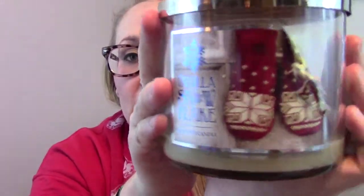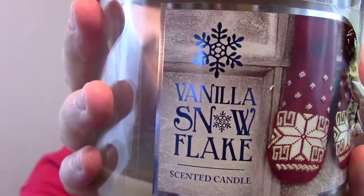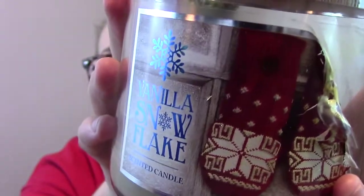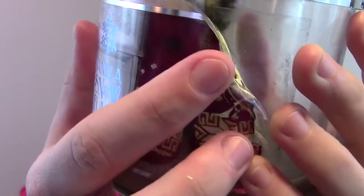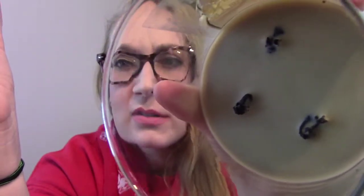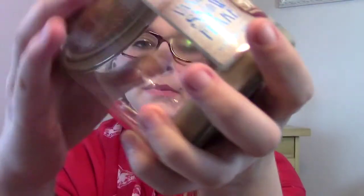Alright, so the packaging on this one I think is cute, but I don't think it's the cutest thing in the world. I gave the packaging a 6 out of 10. I think it's cute, but it's not, you know, just absolutely adorable. So if we look here, it has the name Vanilla Snowflake. If we turn, we've got little red mittens, and it looks like they're hanging on a window or a door. My corner did turn on my label, so you can't really see that little part, but it's just 2 red mittens. The wax is a really pretty light cream color. You can see mine got very dark at the end. It was a little bit strange, but it was really just dark like that for maybe the last hour,